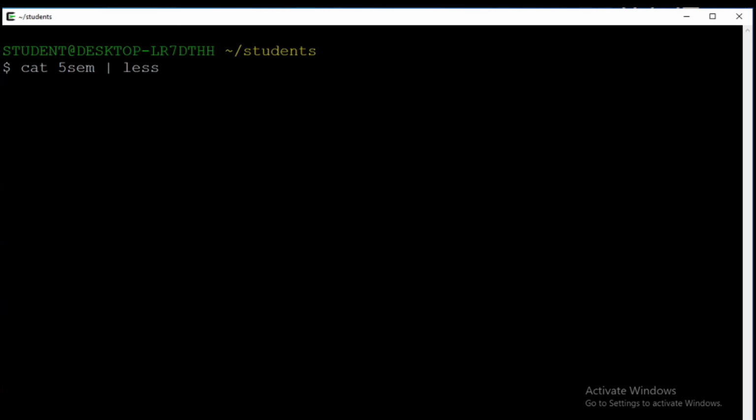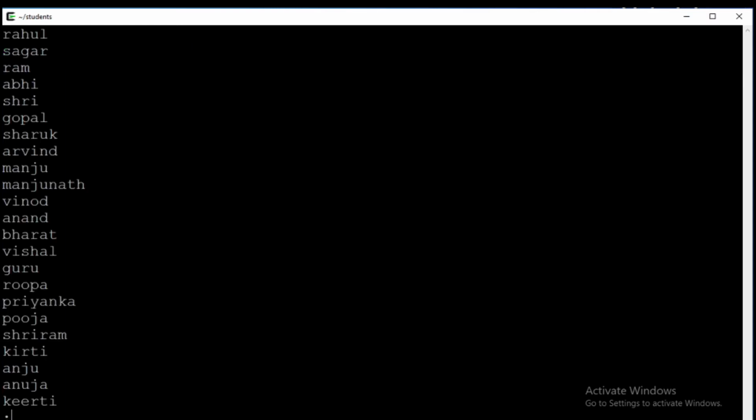So here the reading of the contents of the file becomes easy when you use the less command along with the cat command, which is not possible when I use only the cat command. Here you can see I have used a vertical bar, which we call the pipe symbol, which concatenates these two commands, the cat command with the file name and the less command, which displays the contents of the file page by page, helping us read the contents easily.